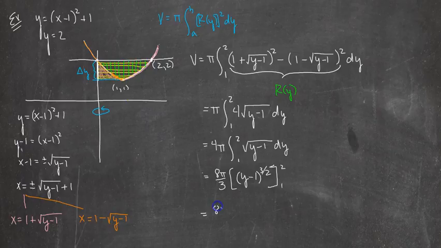And that gives us 8 pi over 3 times 2 minus 1, which is 1 to the 3 halves, which is 1, minus 1 minus 1, which is 0. Love that. And so 8 pi over 3 is the volume